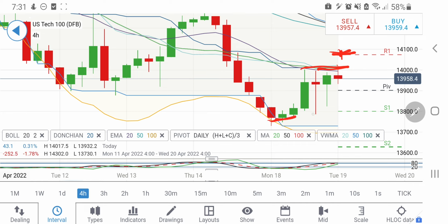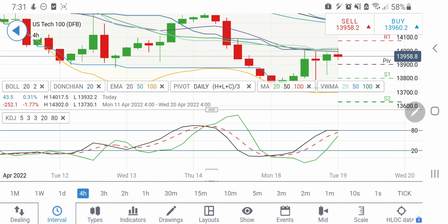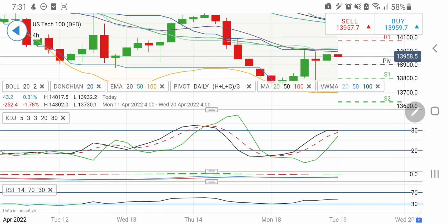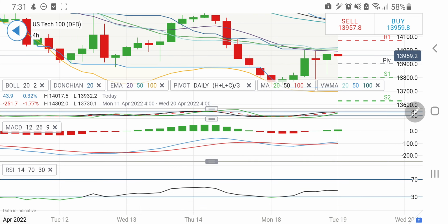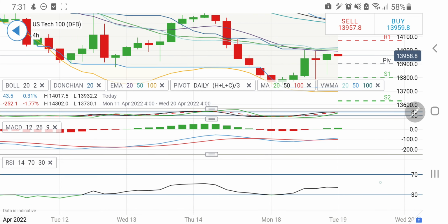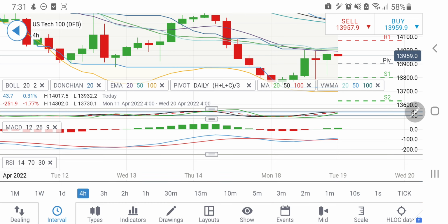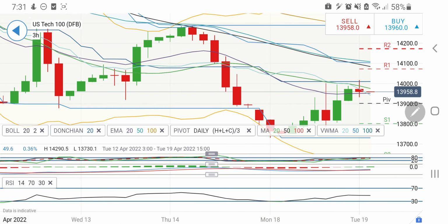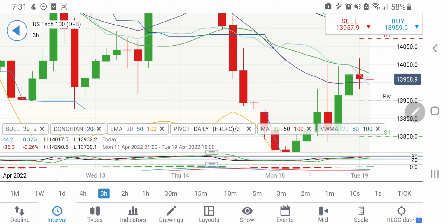Also look at this, it has created a base and a longer tail, so probably it is trying to trade in this channel, and hence any long entries beyond 14,030, any short entries below 13,900, any long entries beyond 14,020 levels. 4-hour stochastic is near overbought. MACD is still on the buy side, it has just crossed over. RSI is looking upwards here.